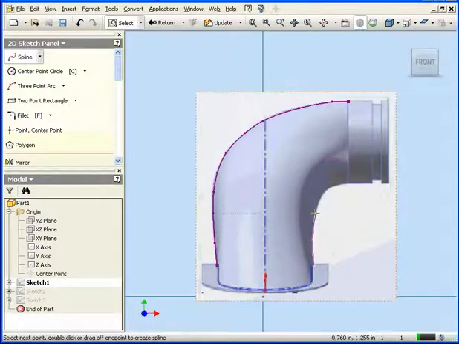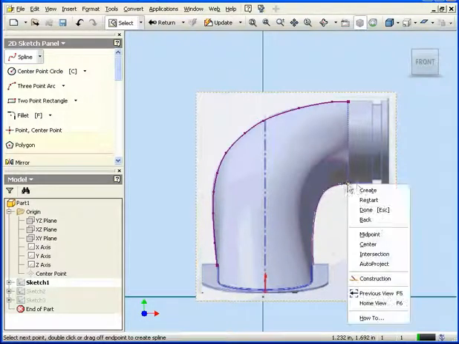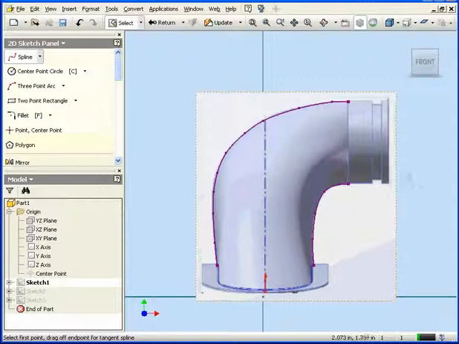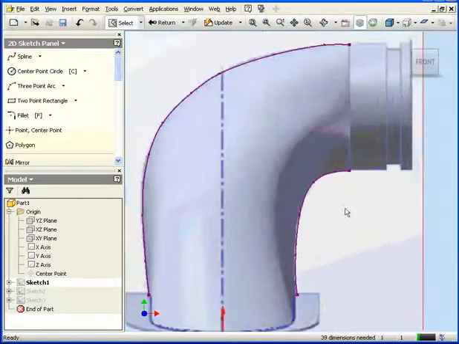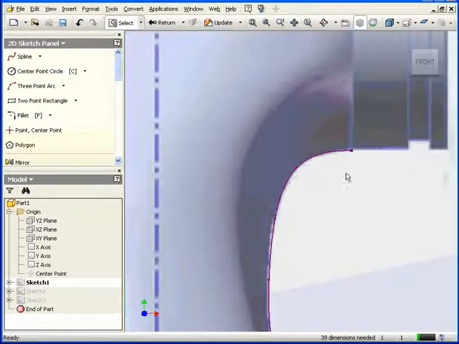Now let's insert a second spline. Right-click, Create, and right-click, Done. We'll also need to adjust the spline in the same way that we did previously. As I mentioned earlier in this tutorial, basing a drawing on an imported image is not an exact science, but it certainly can be a very helpful technique. And this concludes our tutorial on using